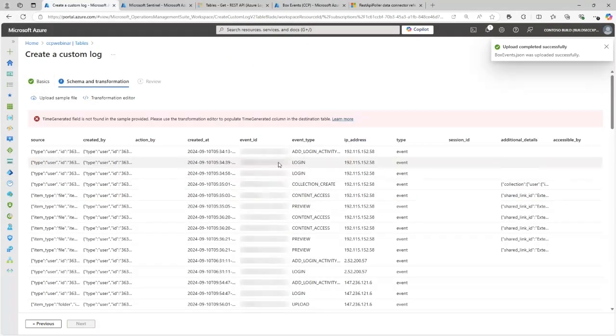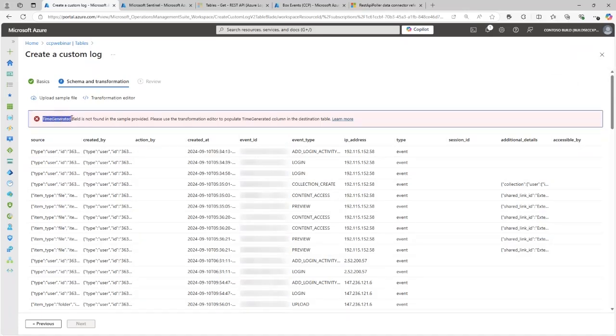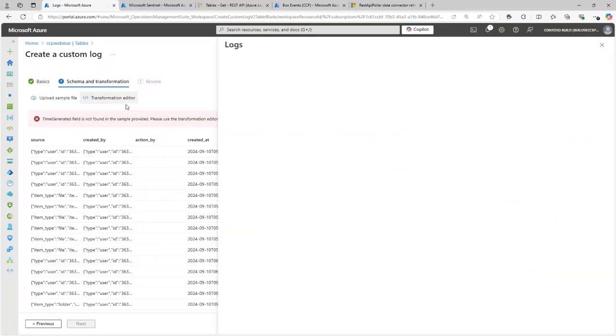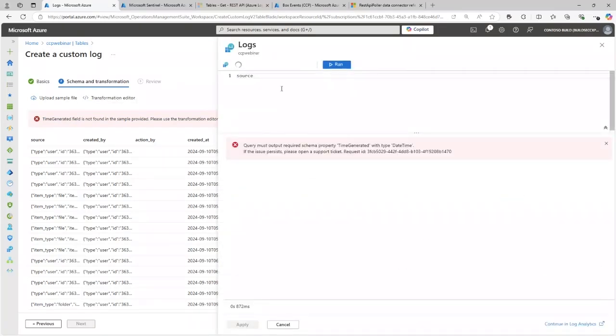Ooh, OK, perfect. It's bringing all these columns: source, created by, created at, event ID, and so on. But it's telling me here an error, right? Time-generated field is not found in the sample provided. Please use transformation editor to populate the time-generated column in the destination table. OK, let's do it. So if I open up transformation editor, it will be basically a KQL dialog where I